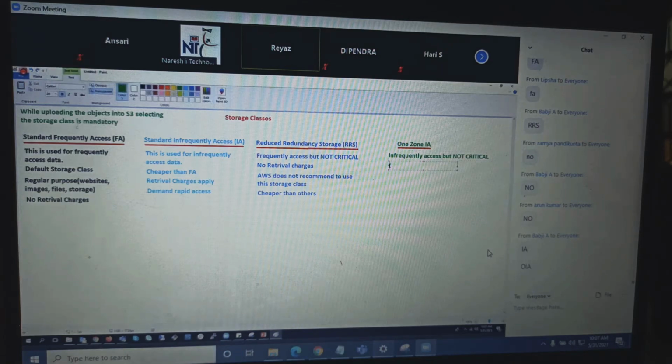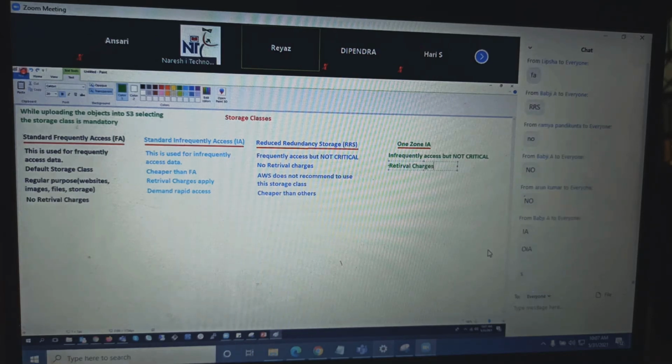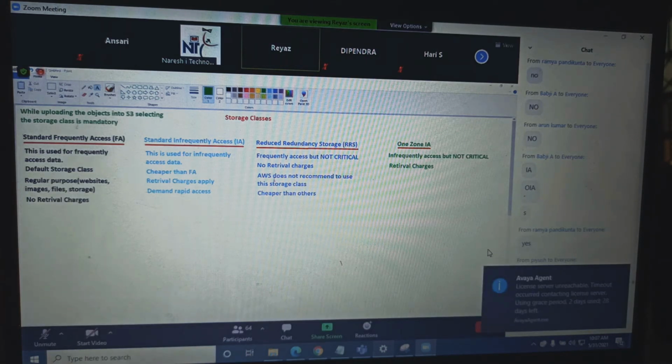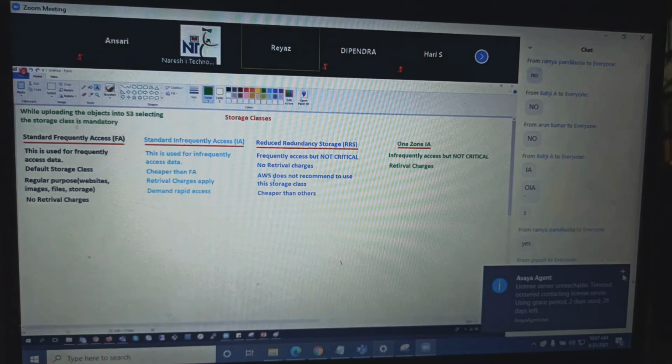Guys, as it is infrequently accessed, we have retrieval charges. Yes, definitely, we have the retrieval charges. See, they are coming with different kinds of requirements. And by seeing all these four, another customer, customer 5, has